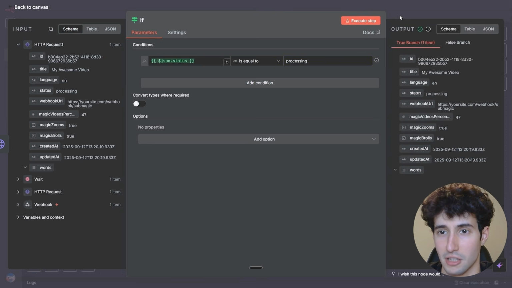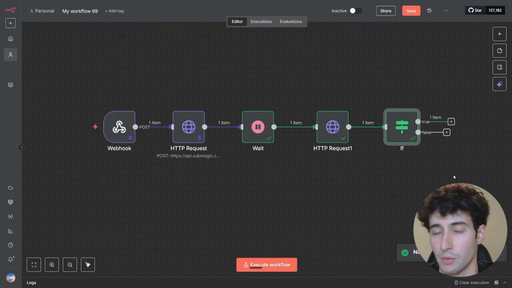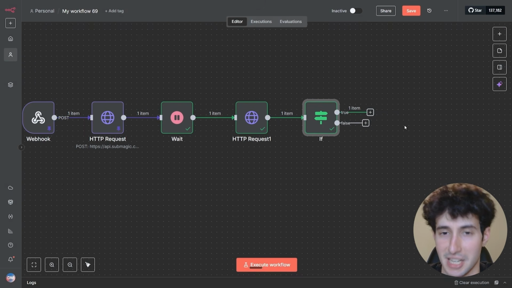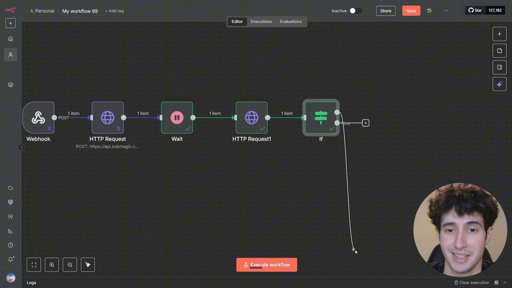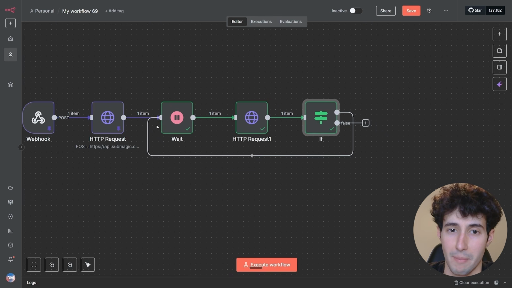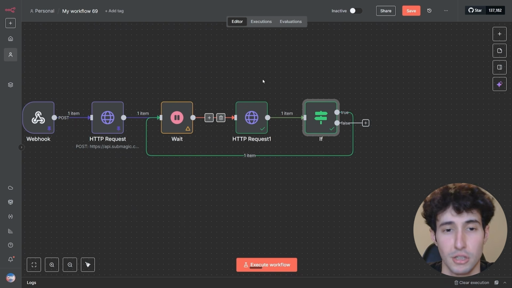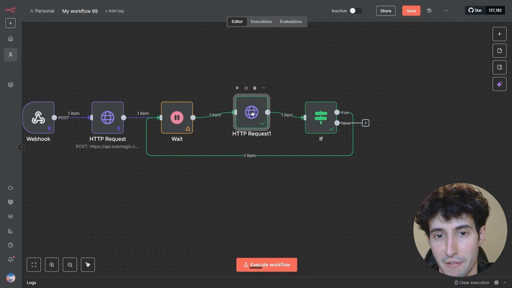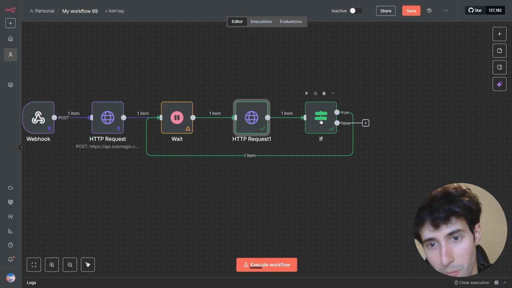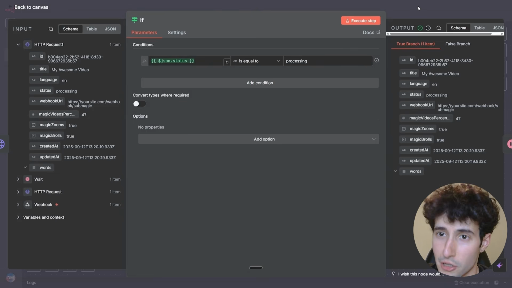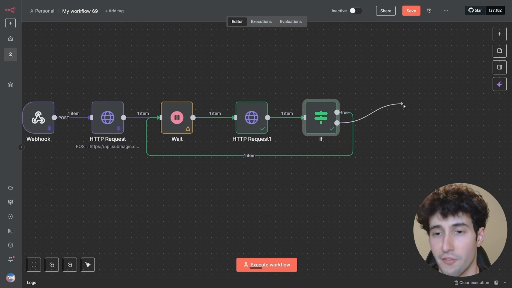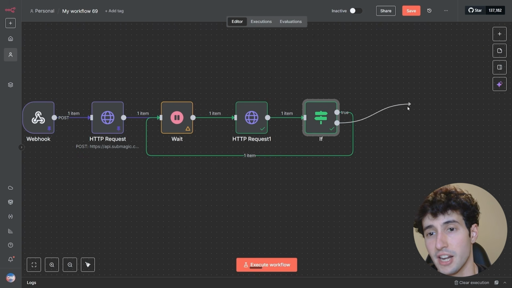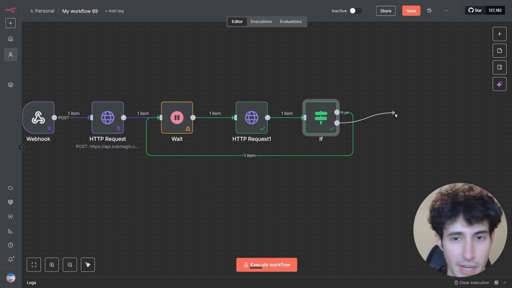So if we actually execute this, we'll see that this right now is true, which means that the video is still processing and has not yet been generated. So if that is true, we'll simply take this branch and bring it all the way back over to the wait node, which will basically wait again and then recheck after the time frame if the video is done generating, and then this is going to go back in the if node and recheck again. If this time the status over here is not processing, this is going to go over here in the false branch, which will mean that our video is done generating and we can move on with the rest